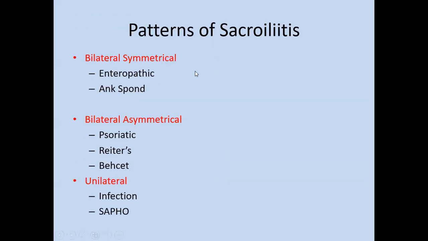Patterns of sacroiliitis: the sacroiliac joint involvement could be bilateral symmetric. We see it with enteropathic and ankylosing spondylitis. Bilateral asymmetric, you see it more with psoriasis, Reiter's, and Behçet disease. Unilateral is always worrisome for infection or SAPHO. So this is the pattern of sacroiliac joint involvement. Each pattern has a different list of differential diagnoses. So always be mindful when you are describing sacroiliitis, and be more descriptive and assess whether it's symmetric, asymmetric,